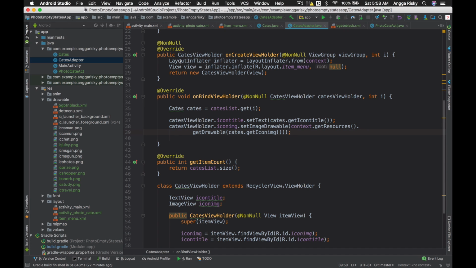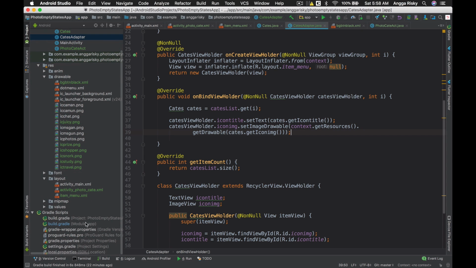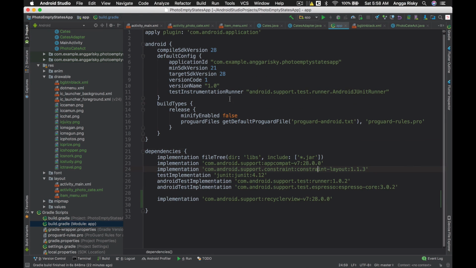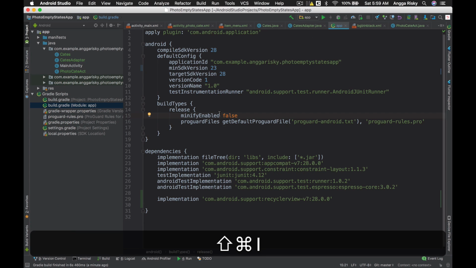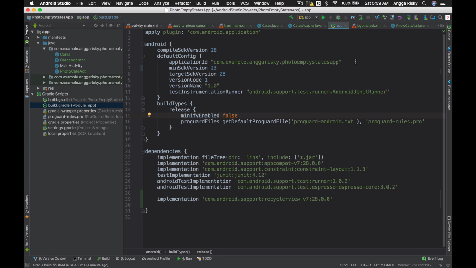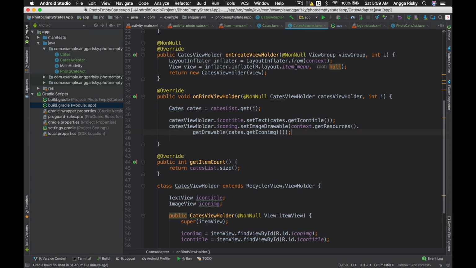But as for now I have to go back again into this build gradle, because we're gonna use something that we need to request API 23 for the minimum. So that's why I'm going to write 23 here and then sync. So it is done for the 23, but if you come back again into Ketos adapter, it might be deprecated, but it doesn't matter, you're still able to use it. But maybe next time I have to figure out another way to replace these deprecated things.